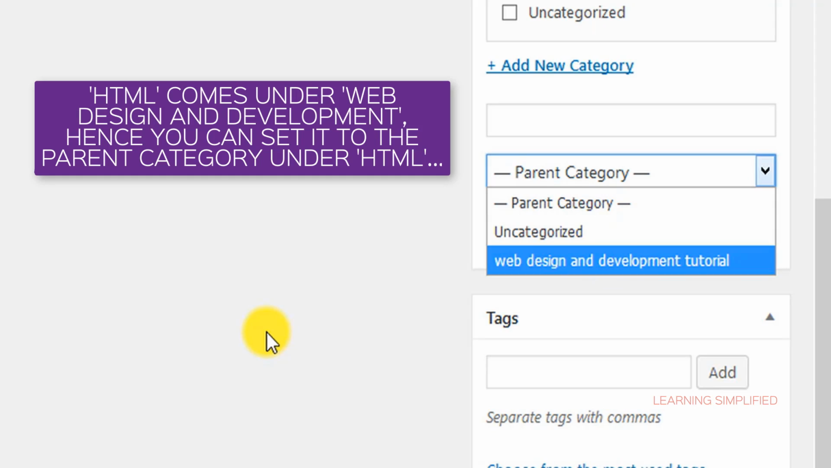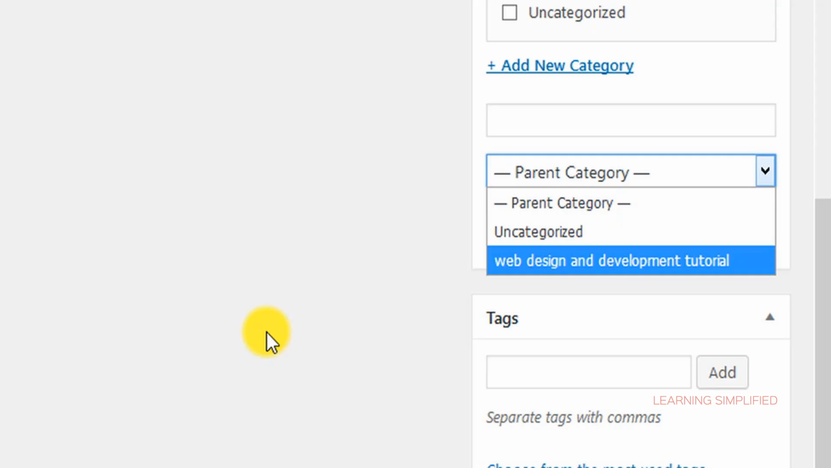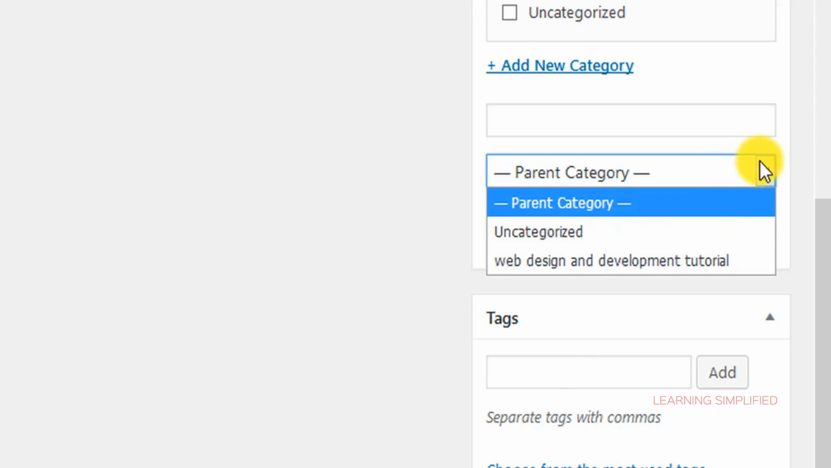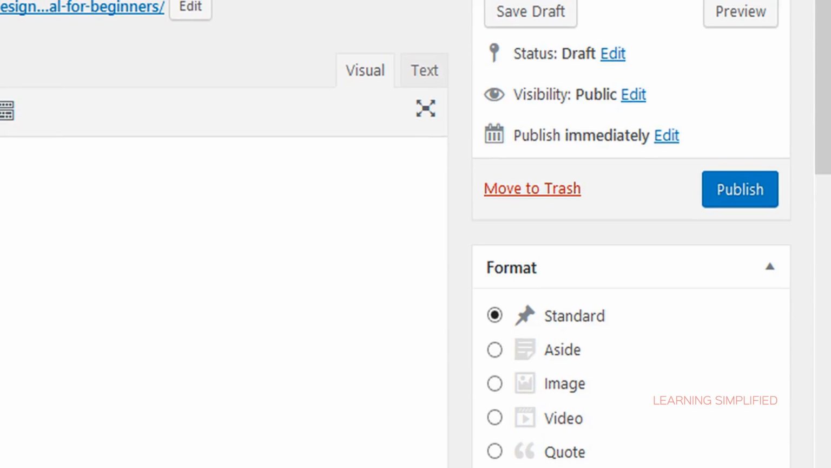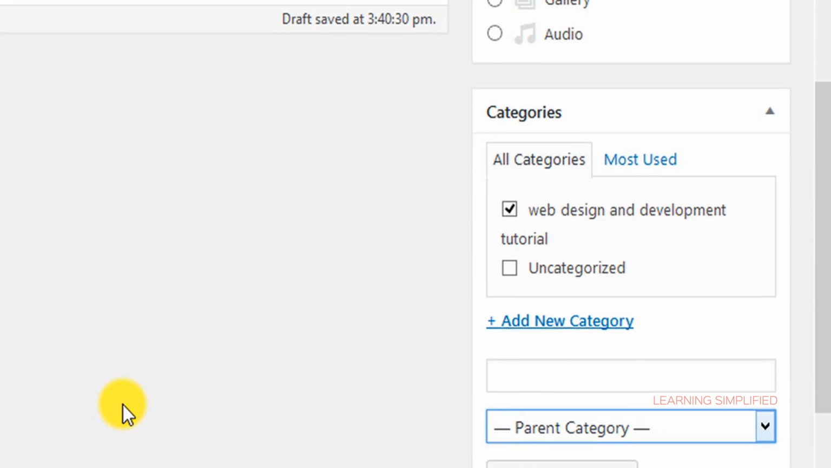In that particular case, the parent category should be web design and development, under which this subcategory, HTML and CSS or this sort of thing, the more categories that you choose, should appear as a subcategory of the main or parent category, which is known as web design and development tutorial. Now we don't need to set any parent category right now, because this is the first blog post that we are creating, but in future cases all those things will be coming under this segment